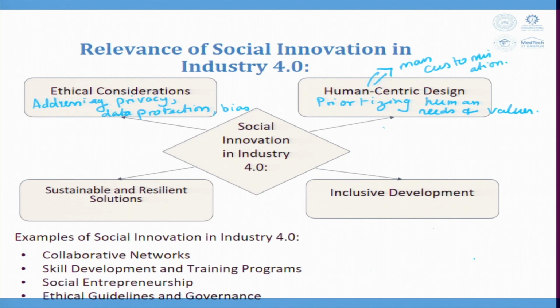Mass customization. Okay. So, anything and everything you develop in social innovation has to be human centric. So, the empathy study plays a very, very important role and we try to prioritize human needs and values. Next is sustainable and resilient solutions. We have integration, or integrating